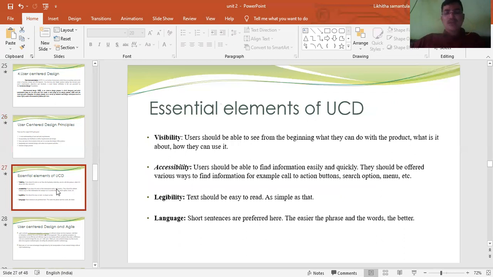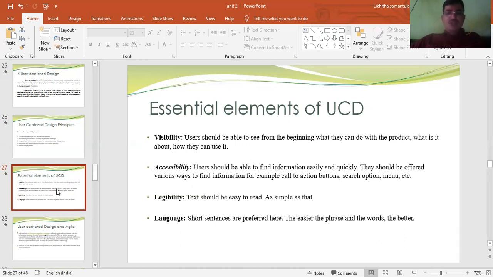And essential elements of user-centered design. Visibility. Users should be able to see from the beginning what they can do with the product, what it is about, and how they can use it. Accessibility. Users should be able to find information easily and quickly.